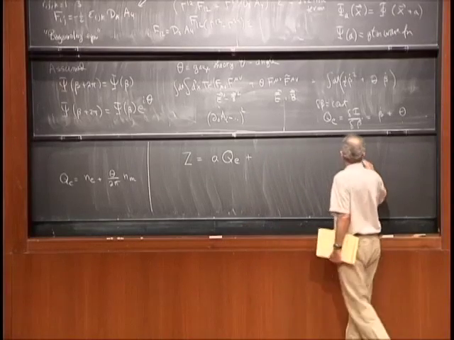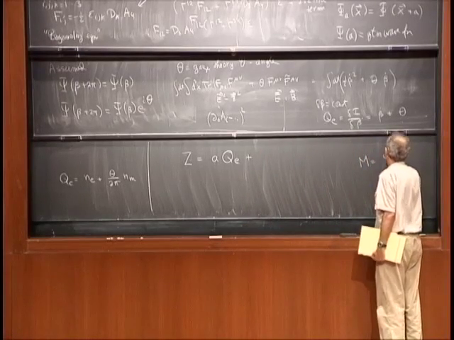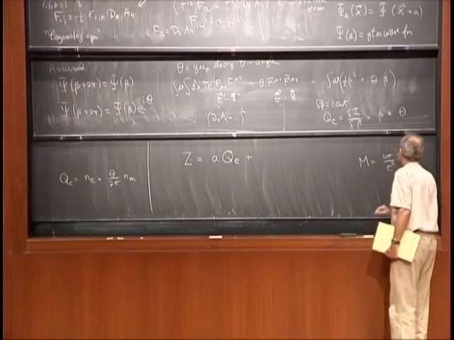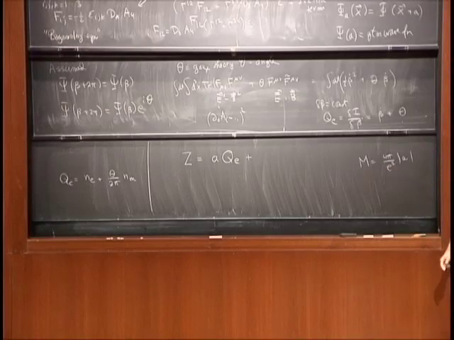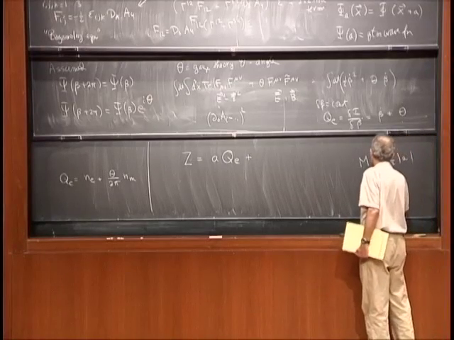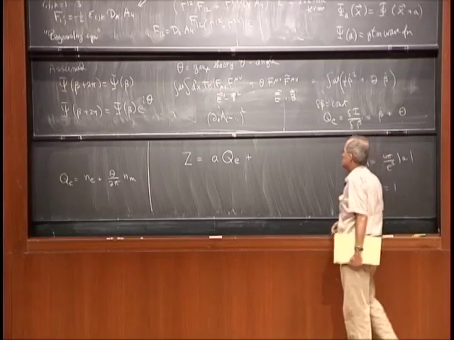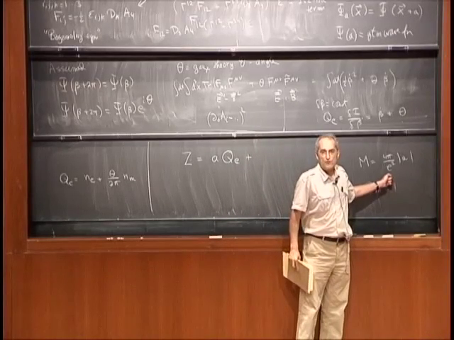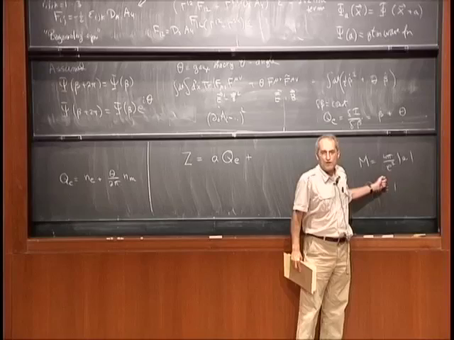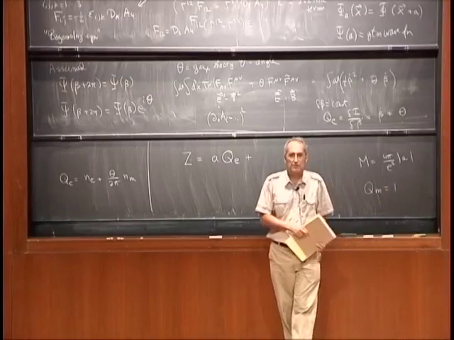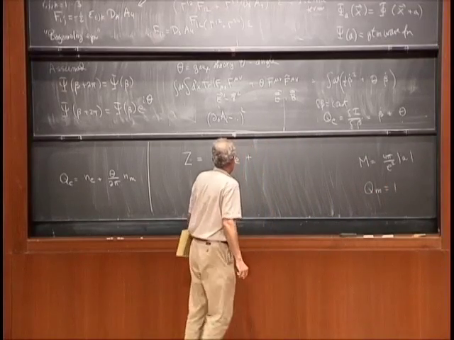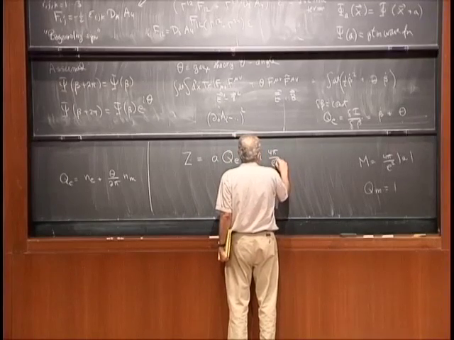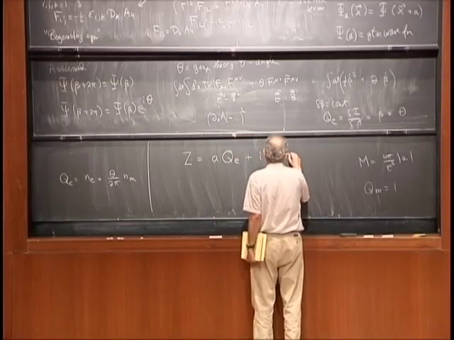Now, the mass of the monopole, when we calculate, turns out to be 4 pi over e squared times the absolute value of a. That's for magnetic charge 1. So we do this computation by solving the Bogomolny equations and calculating the mass of the classical solution. After we've done that, we get the correctly normalized formula